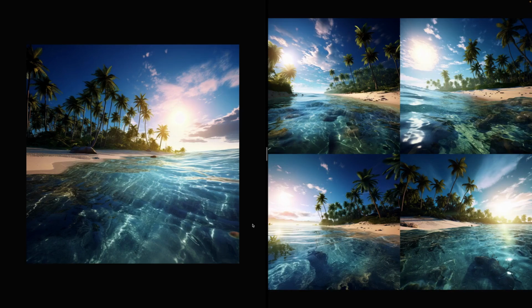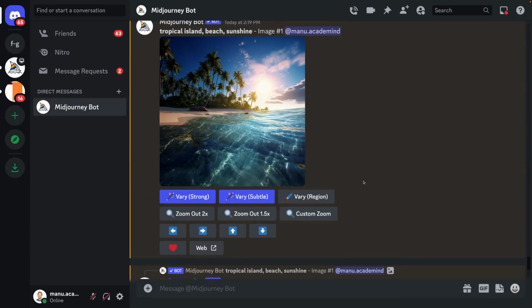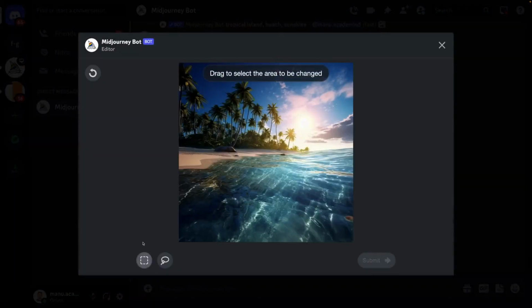This obviously also depends on the image type you use, so depending on the upscaled image, variations might become more significant than we see it right here. So vary here describes the amount of variations that we want to apply to our image. Vary region here is a bit more explicit, because with vary region, we can use either this rectangle tool to select specific parts in our image,